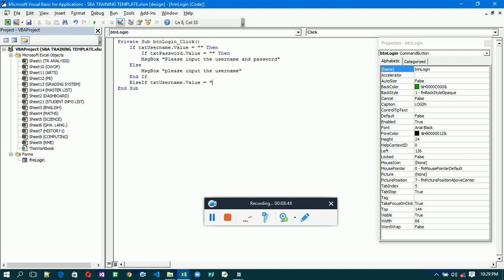So let's use admin as the default one. We can use your name to represent the username. So if on our login screen the username is admin and admin is entered, then